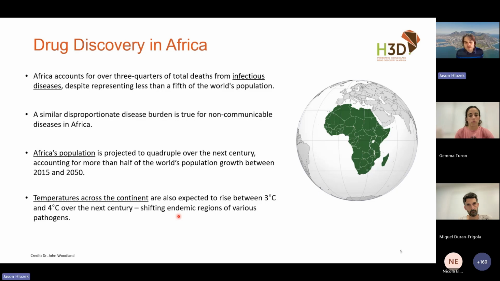This is both across communicable diseases and non-communicable diseases. You'll see in this course, we'll tend to focus a bit more on the infectious disease aspect because that's where we tend to work the most. And then also just to note that these problems are only going to grow if nothing is done, because our population is expected to grow rapidly over the next few decades. And with climate change shifting disease patterns and where different pathogens are endemic or not, we also expect population changes on who's getting sick to vary.